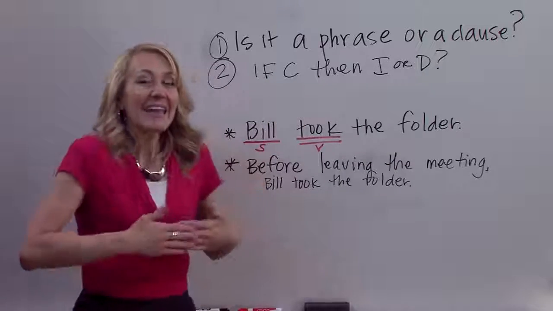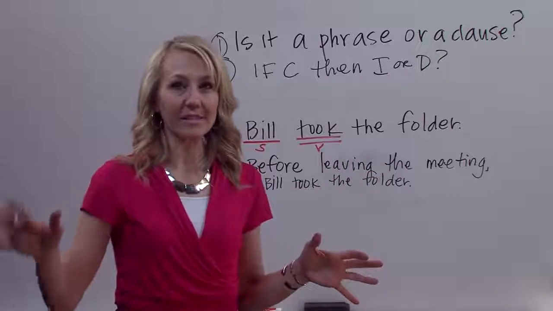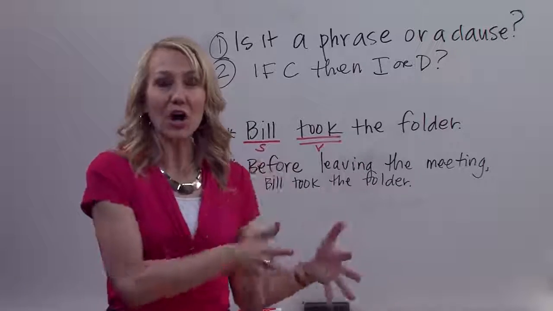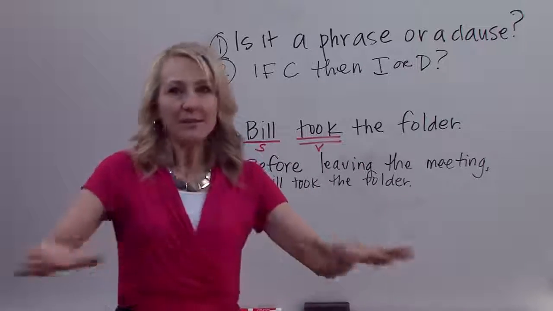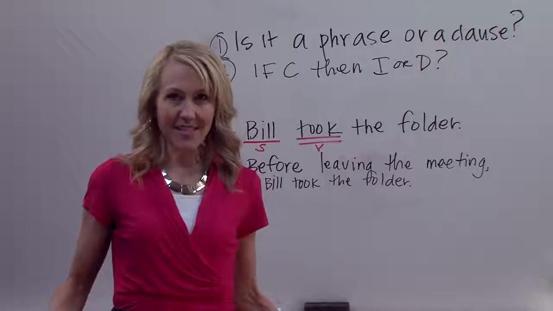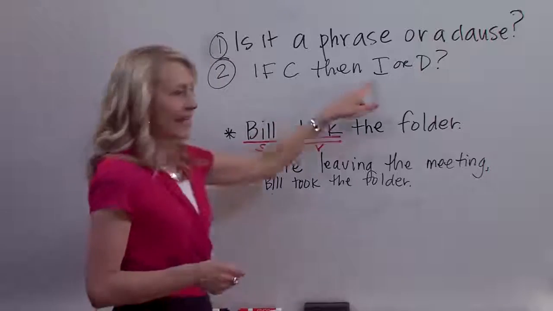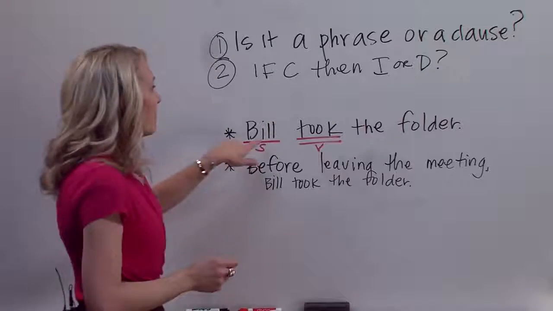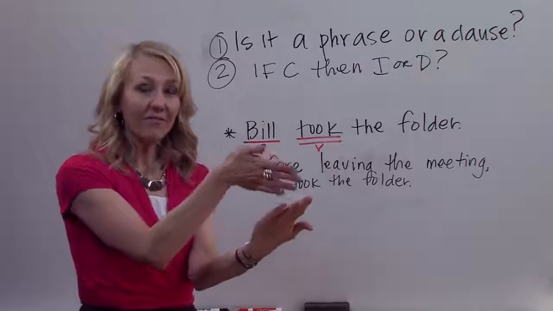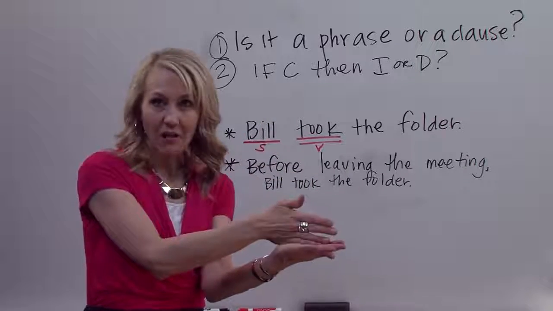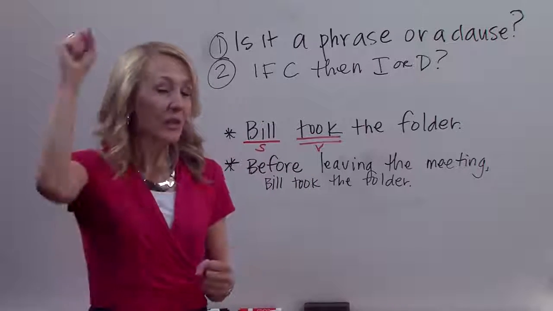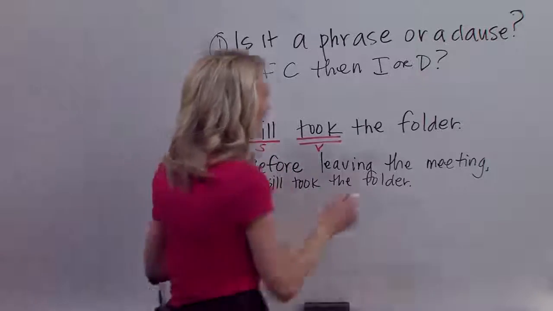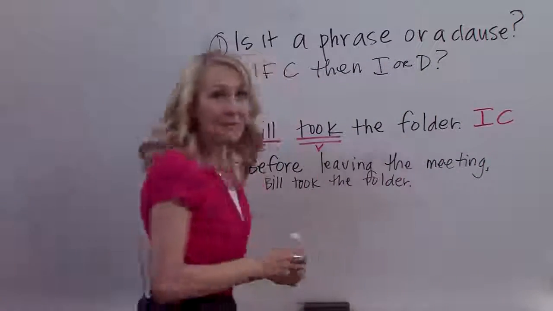If it's a clause, now I can go to that next step to say, is it independent or dependent? Well, all independent means is that that clause can stand alone as its own sentence. It's not dependent on any other information in the sentence to be a standalone. So think independent. Yay, can I do a little independent cheer? I'm independent. I'm my own sentence. Well, Bill took the folder. We've identified first that it's a clause because it has a subject and a verb. Then we say, can it do the little cheer and say, yay, I'm independent, I can stand alone? In fact, it can. That's a full and complete sentence. So here we have an independent clause.